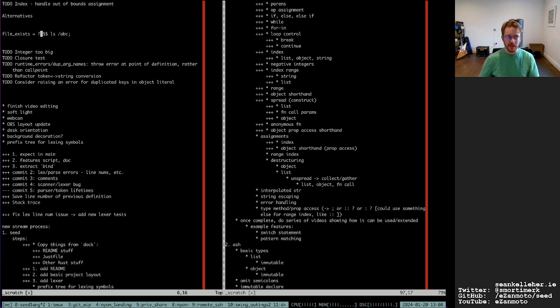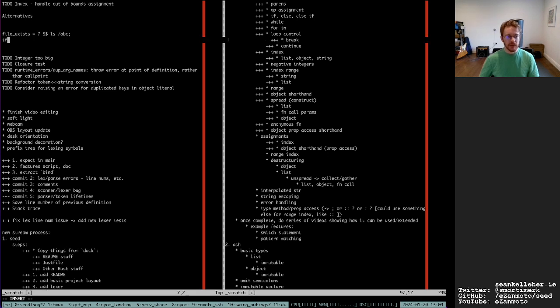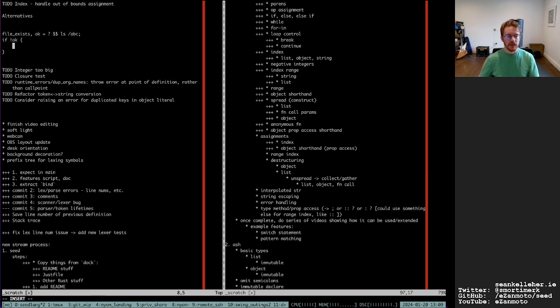I think I was putting them at the end, but it might have to change for commands, we'll see. The idea of the question mark is that it will catch the error and you'll be able to do some error handling. So if not okay, then do ABC.